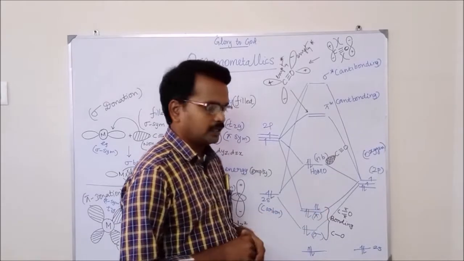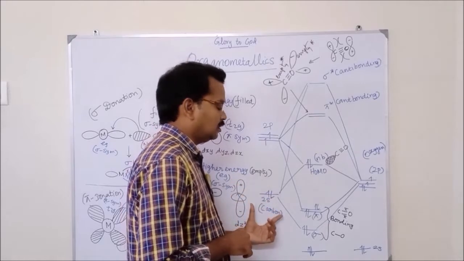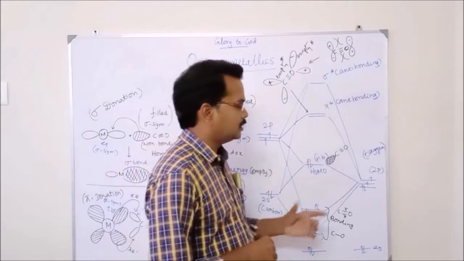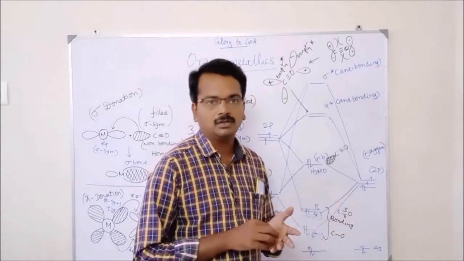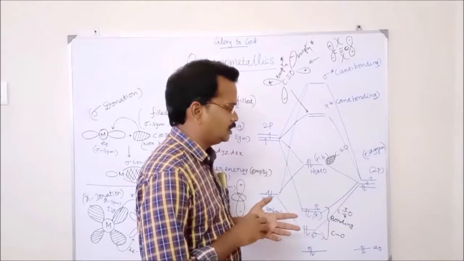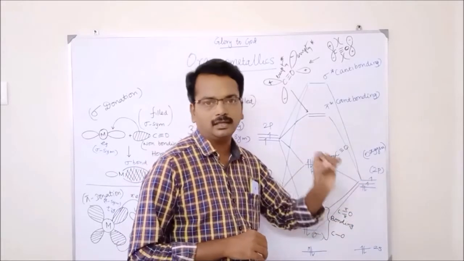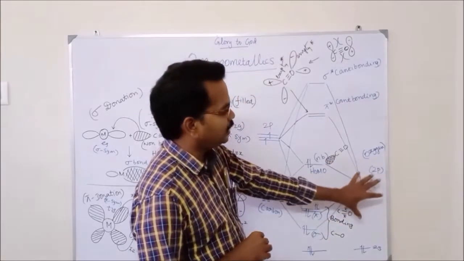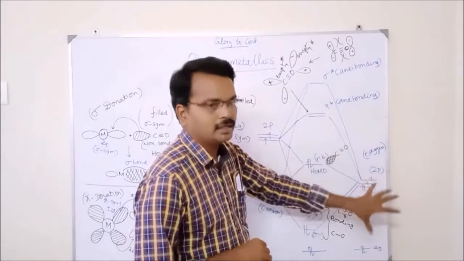So this is the molecular orbital diagram. In this diagram, we have taken the atomic orbitals of the carbon atom on the left side, and on the right-hand side we are going to take the atomic orbitals of oxygen. You know that while drawing the molecular orbital diagram, you must take the more electronegative atom on the right-hand side, and the more electronegative atom always possesses lower energy. Therefore I have drawn the atomic orbitals of oxygen on the lower energy side, that is, on the right side.